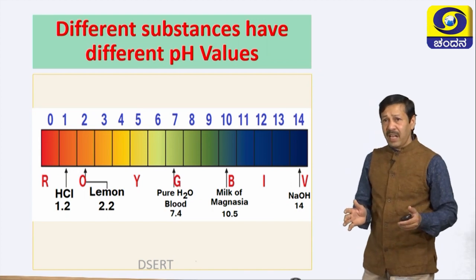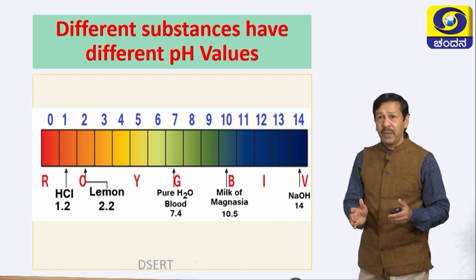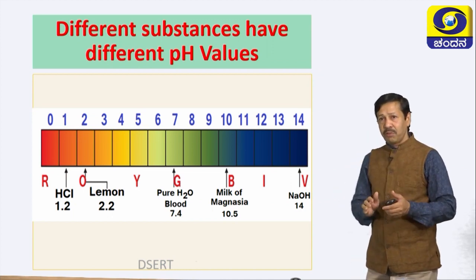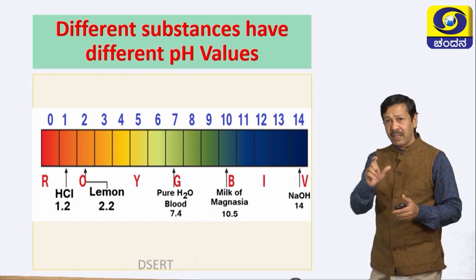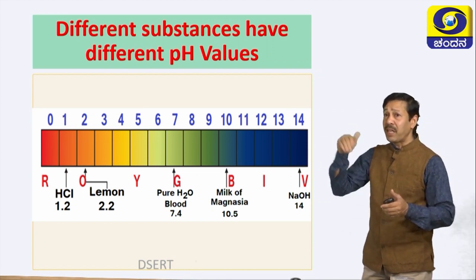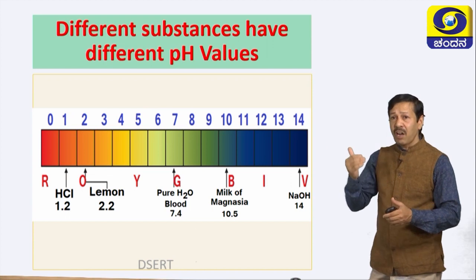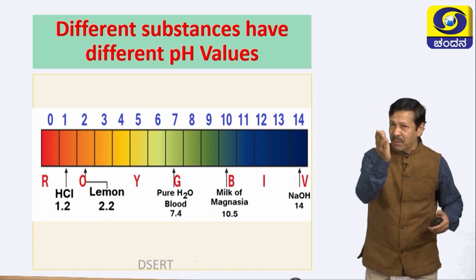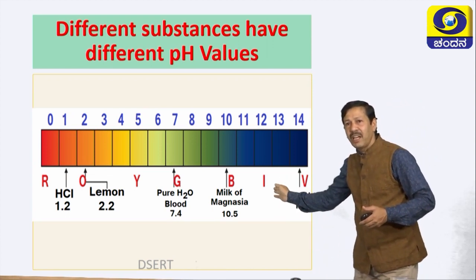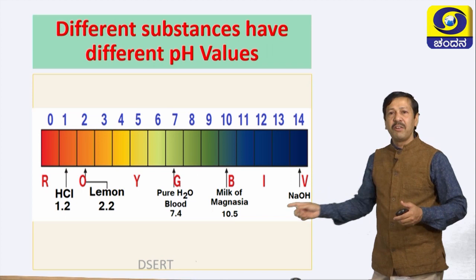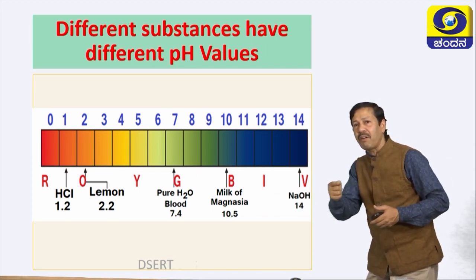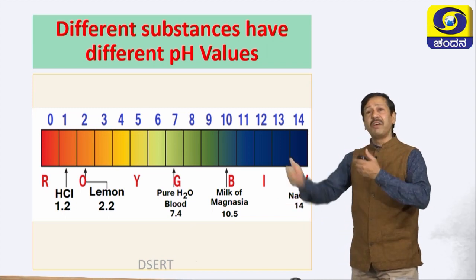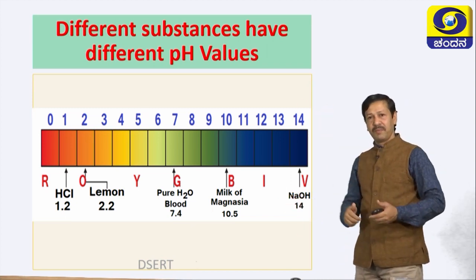The strength of an acid or a base can be measured with the help of pH value. pH value not only tells whether the substance is acid or base, but also its strength, which is stronger, which is weaker. How to identify? Here is the mnemonic. What is that? Here you are seeing VIBGYOR written in reverse order. Already you learned VIBGYOR, so write it in reverse order, that is one more mnemonic.